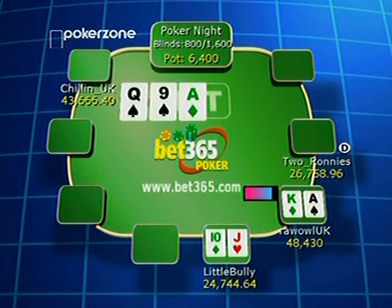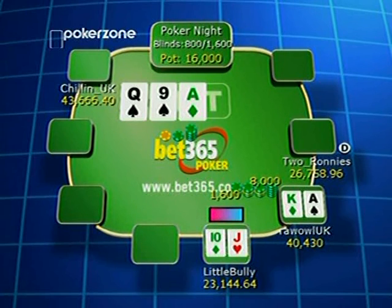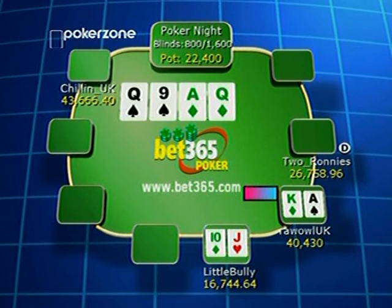Ooh, pair of aces, Raoul has Jack Queen, though, an up and down straighty, which would go to the ace if the kings come down, or the 8 would complete the bottom end. Ace King is certainly not going to just flat call that. Little bully might like the draw. We've seen him go crazy. It's another queen. It's a...